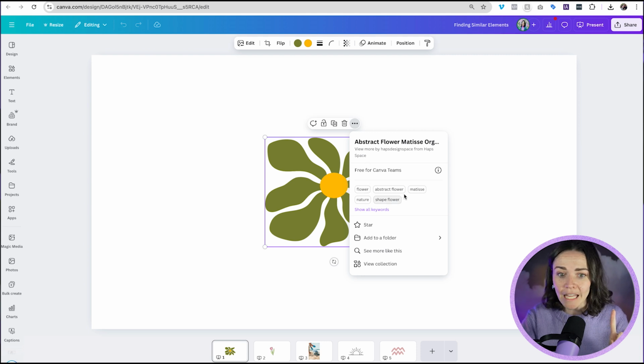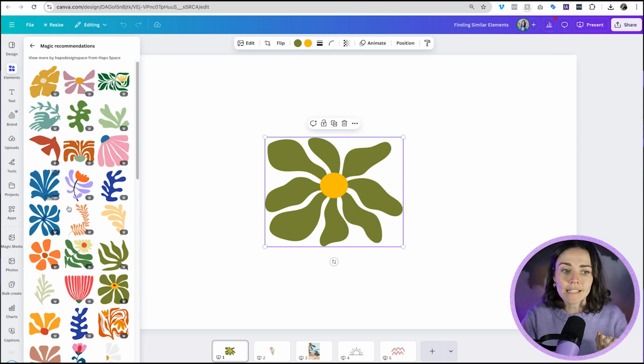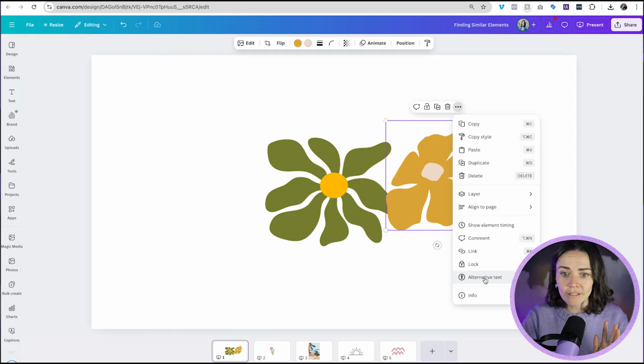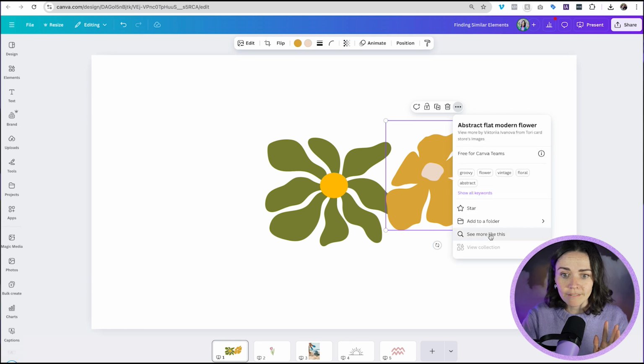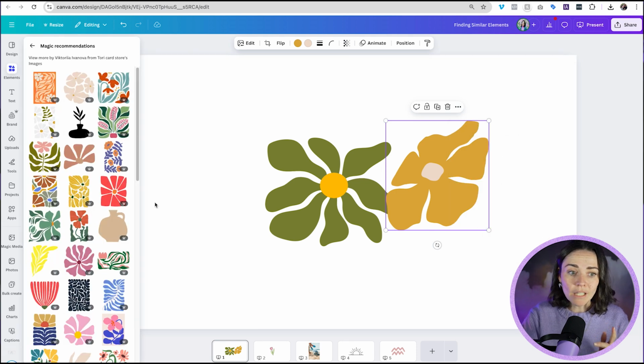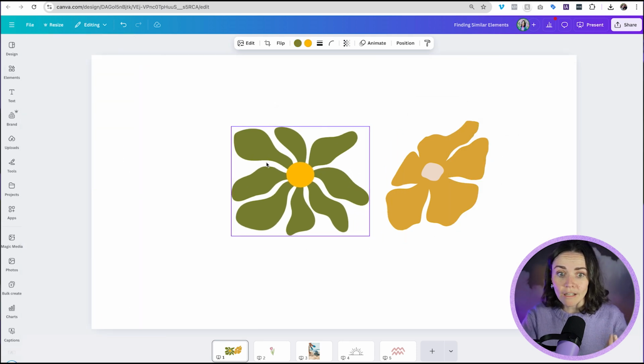You'll see here that we've got keywords that it's using, but down here, see more like this and view collection, these are going to be your best friend because if I click see more like this, it's going to open up Canva's element tab over here and show me a heap of elements that are very similar to this one already. If I add this one in, you're going to be able to again search similar elements, see more like this. And sometimes I might actually even bring up this one I'm looking for, again,